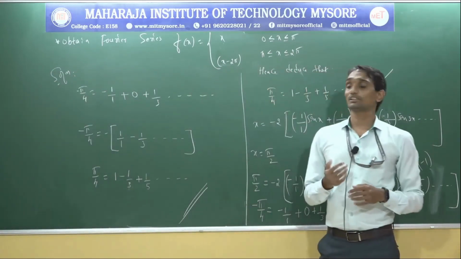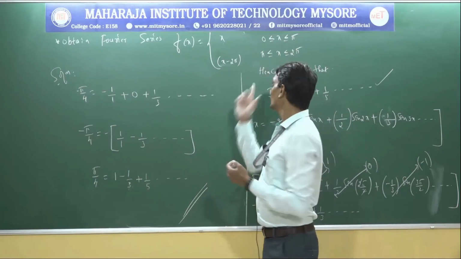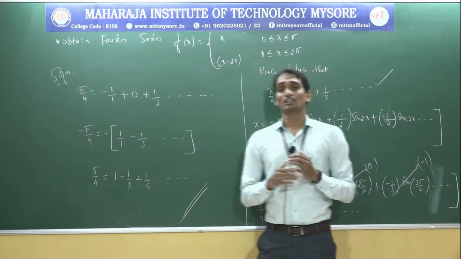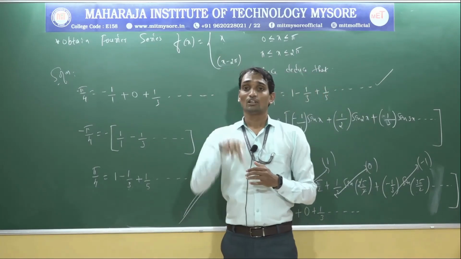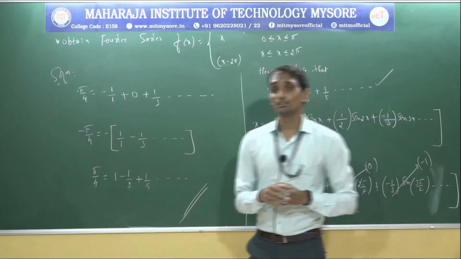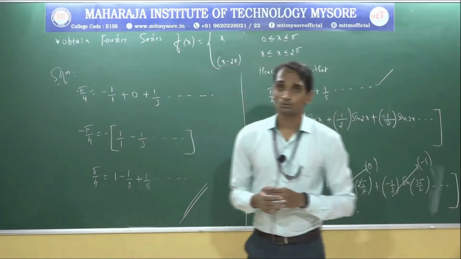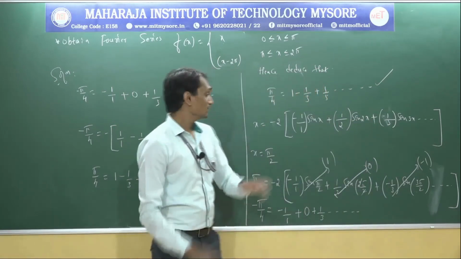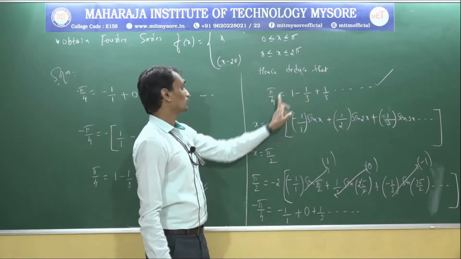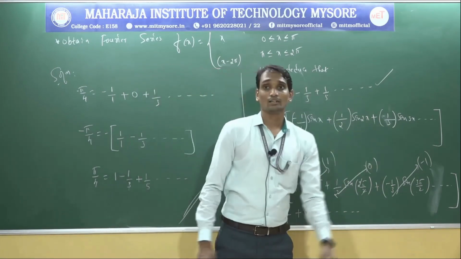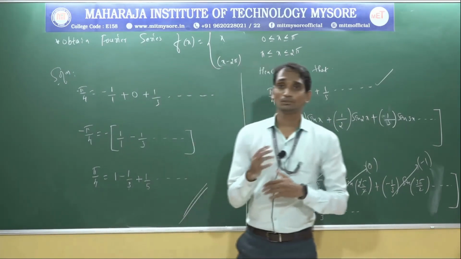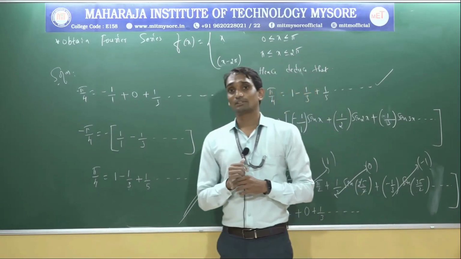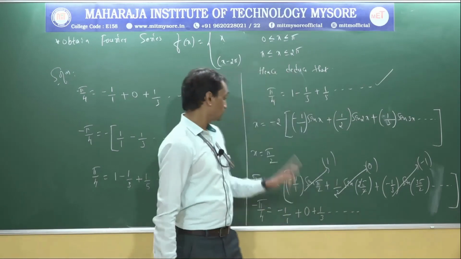The given question is to obtain the Fourier series for the functions x and x minus 2 pi. The first thing is verifying whether the given function is even or odd. After verifying, you got an odd function. Odd function means a0 and an are 0, and you only calculate the bn value. Now there is one more question: hence deduce that pi by 4 equal to 1 minus 1 by 3 plus 1 by 5, and so on. After getting the bn value, you need to substitute that value in the Fourier series expansion. After getting that, substitute x equal to pi by 2.